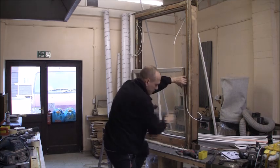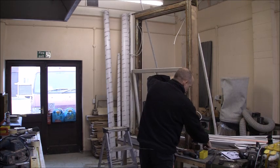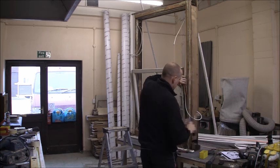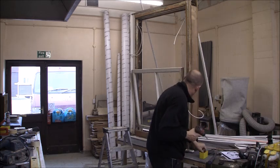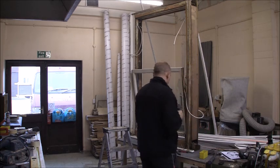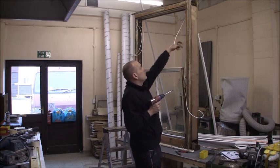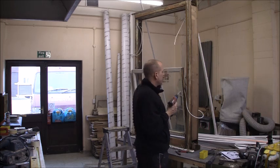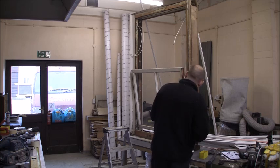Now what I would do is I screw it. Lots of people use pins, tacks, nails of all description, but I screw it because that means that if I ever have to take it to pieces, or the customer ever has to take it to pieces, what I can do, you can drive the screw through the cord up near the pulley, and then just unscrew these and leave it on. Now this particular cord